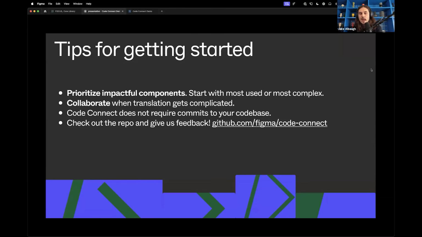I also wanted to flag, Code Connect doesn't require commits to your code base to start to see the effects of it. We didn't commit any of that code that I just wrote in order to see that impact, right? So you can get started without having to worry about whether we have to fully commit to this. You can start to create those links today to see what that looks like. So check out the repo, give us feedback,